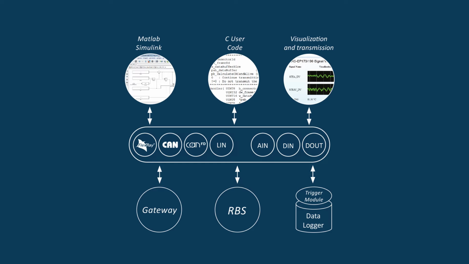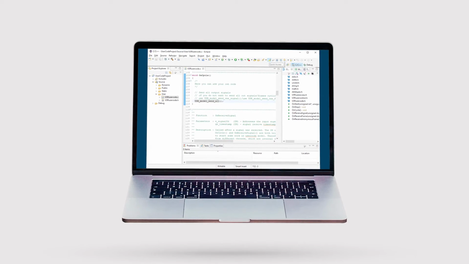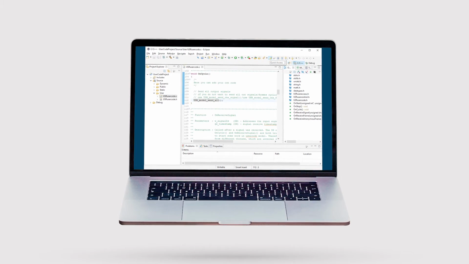And do you know what's the best part? There's no programming involved. The ACT only requires drag and drop configuration instead of complex programming or scripting. However, if you prefer programming, this is also possible with the built-in SDK that lets you write your own C code. In this video series, we want to explore the possibilities of the ACT, starting with the following topics: the